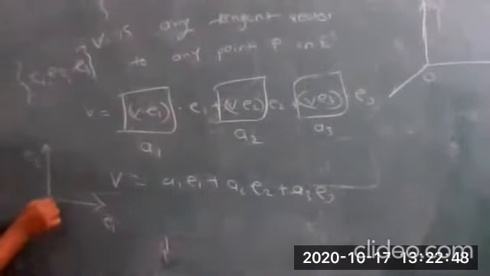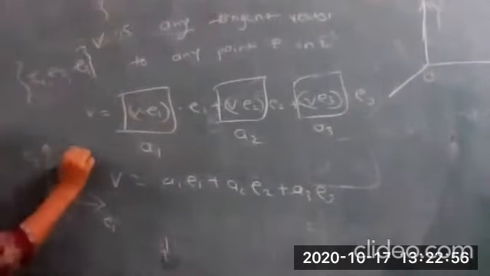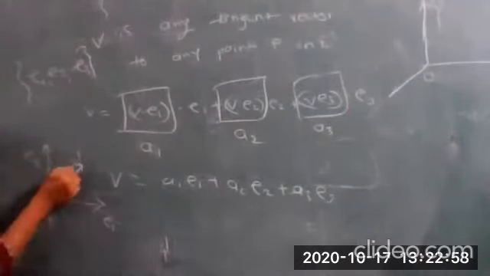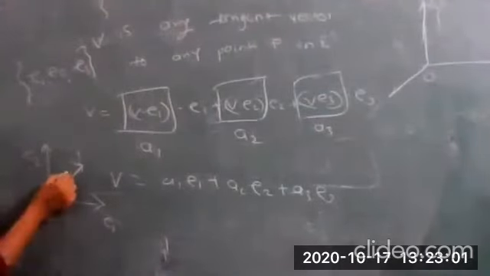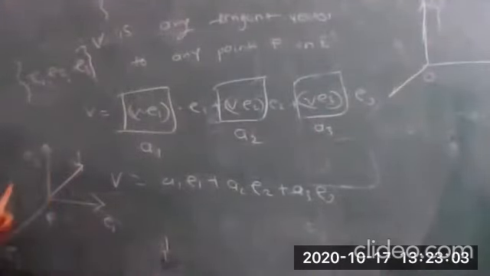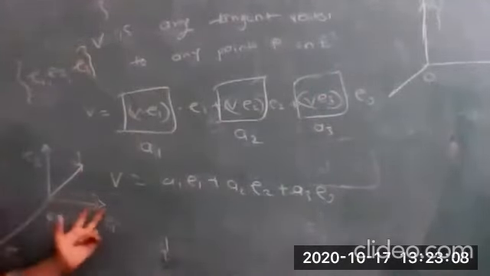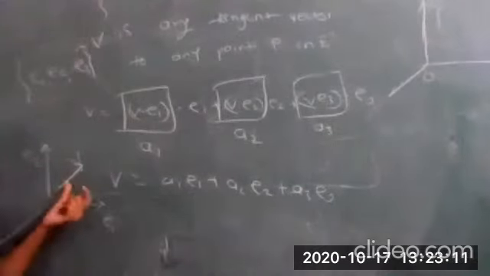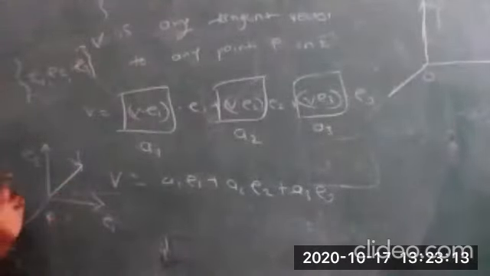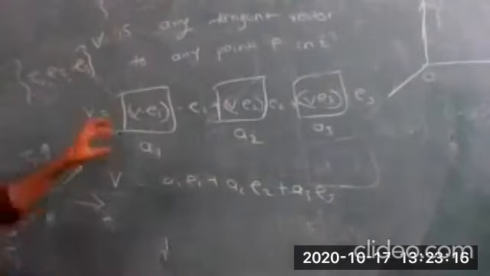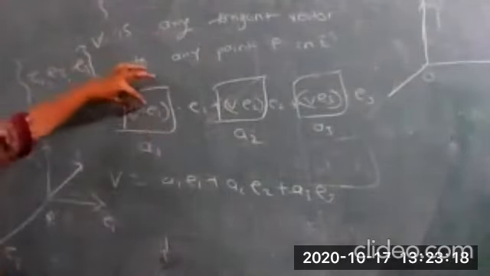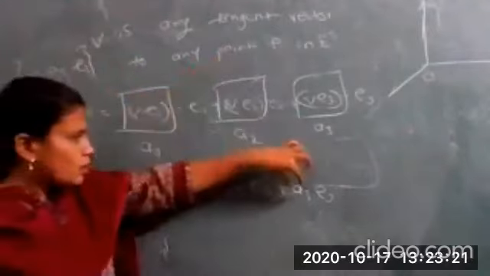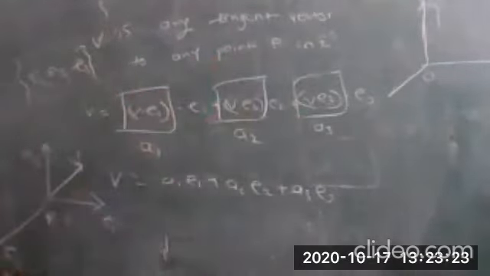So at any point P I can have these three mutually orthogonal unit vectors. From here we are taking one tangent vector, say V. At a point P we have one tangent vector V, and what is our aim to prove? Any tangent vector V can be written as a linear combination of E1, E2 and E3. We have to prove that A1 is V dot E1, A2 is V dot E2 and A3 is V dot E3. So let us prove.